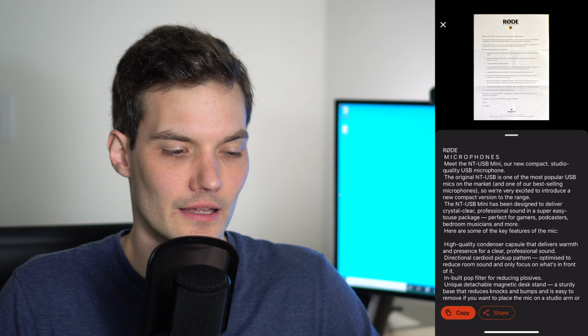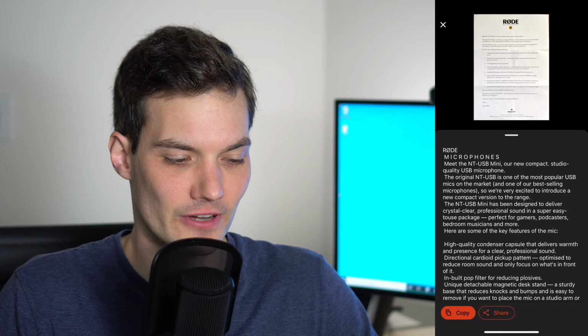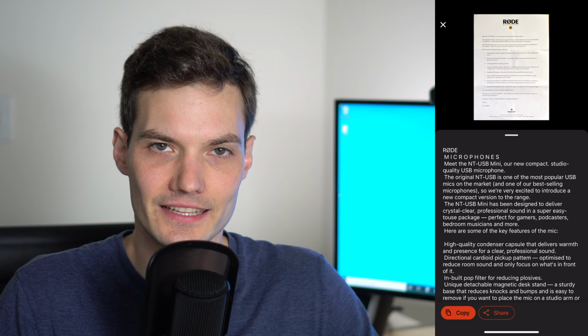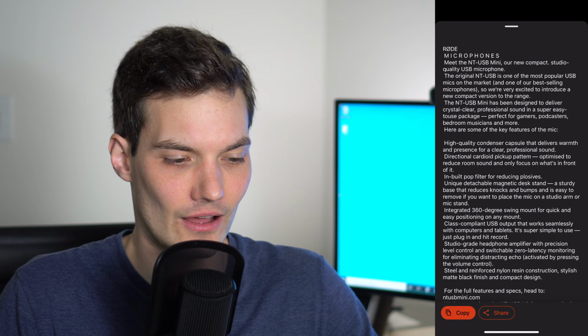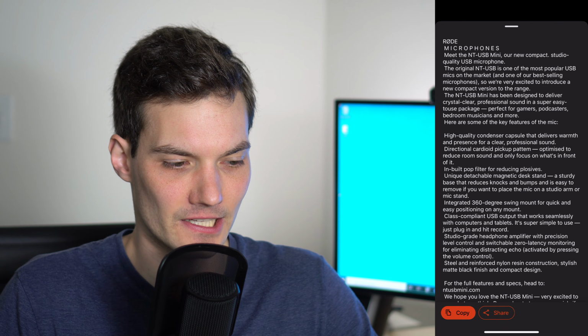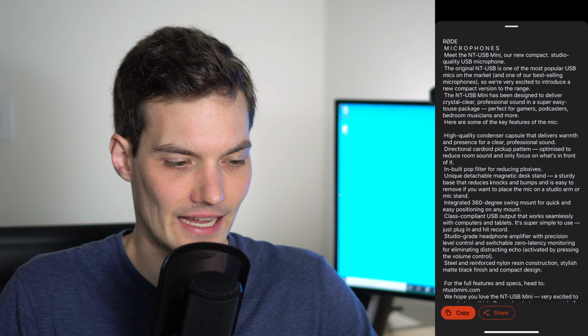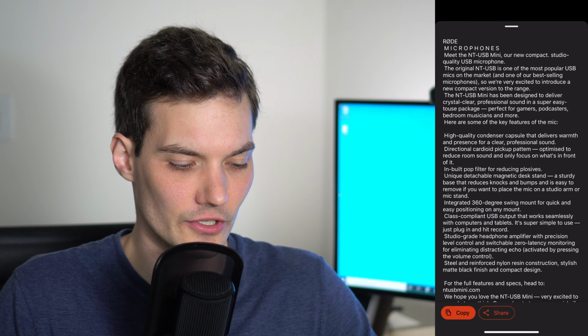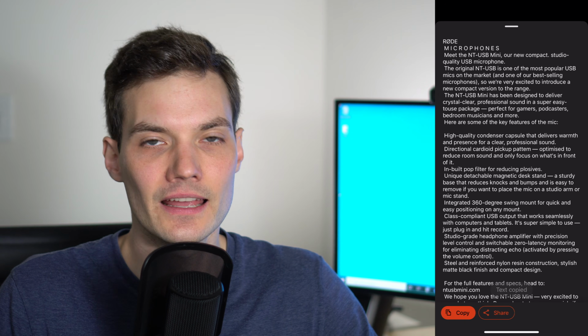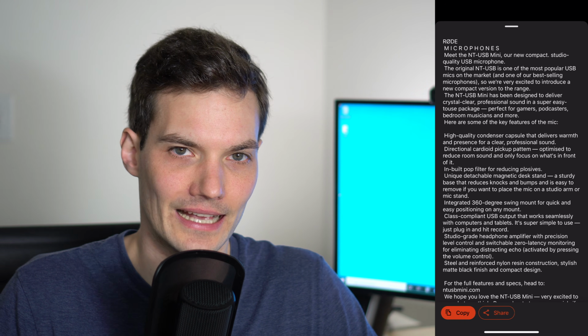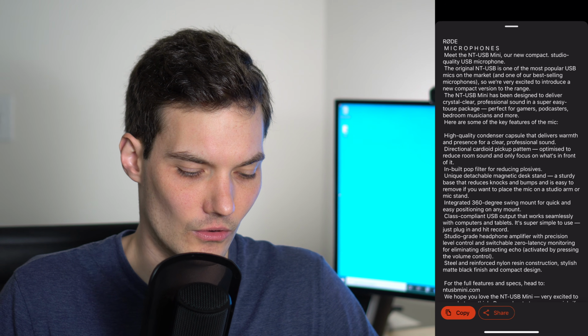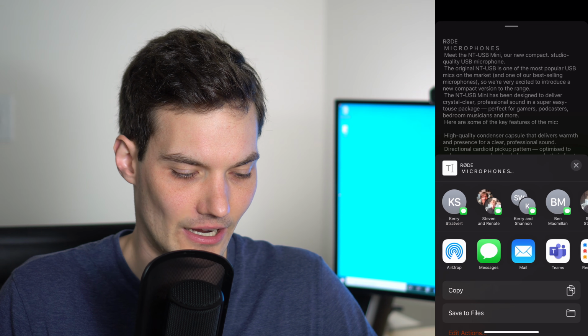Okay, so the Office app now has extracted the text from this letter. You see the image above, and then you can see all the text down below that it's pulled out from this. And it looks pretty good. It picked up all the text exactly as it appears in the document. Now if I click on copy, it'll copy all the text to my clipboard, and I could paste that in an email or a message or wherever I want to put that. Or there's this share icon down below.